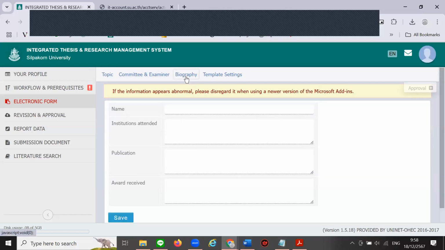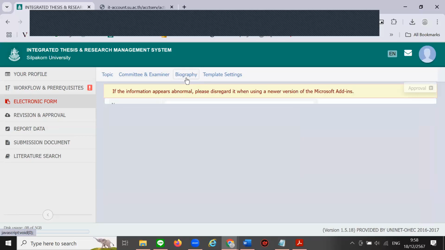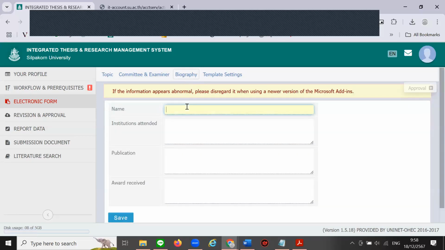The third tab is the biography for yourself. Maybe the name,